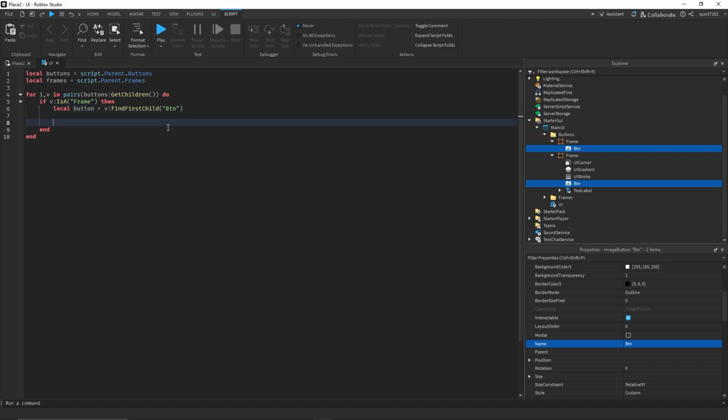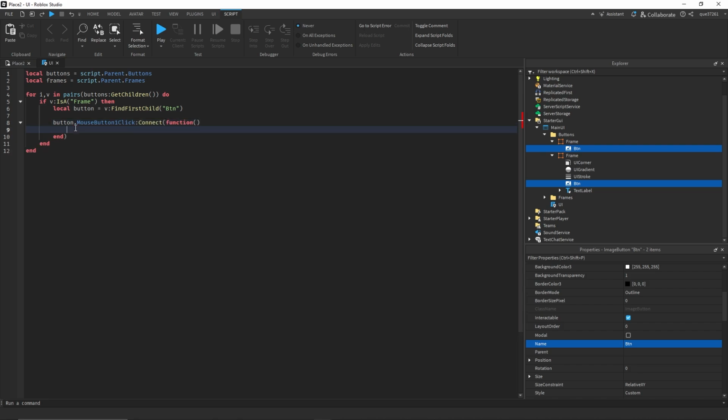Then we can say button.MouseButton1Click:Connect